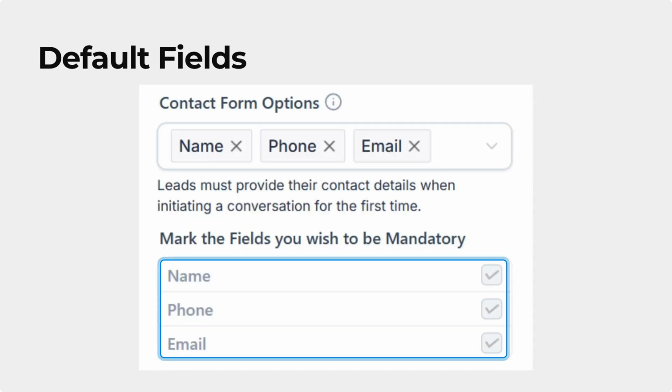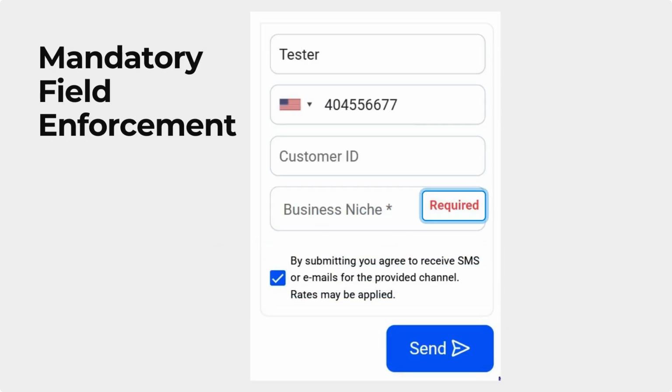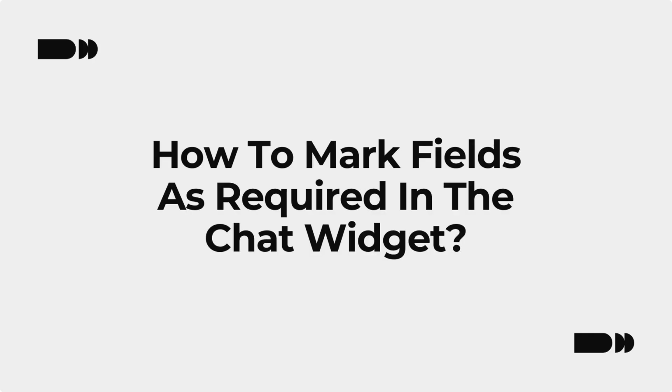The name, phone, and email fields are always marked as required to help you avoid confusion. Whenever a visitor starts a conversation or an agent requests contact details from the conversation panel, they are required to fill in all fields marked as mandatory before proceeding. Even though the chat widget creation process doesn't change much, this new feature is extremely useful, so let's learn how